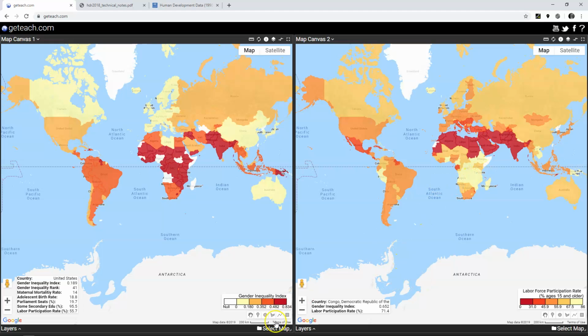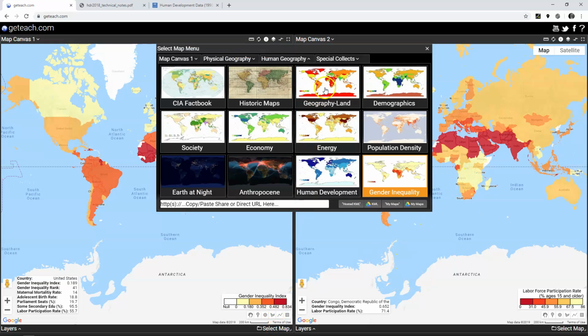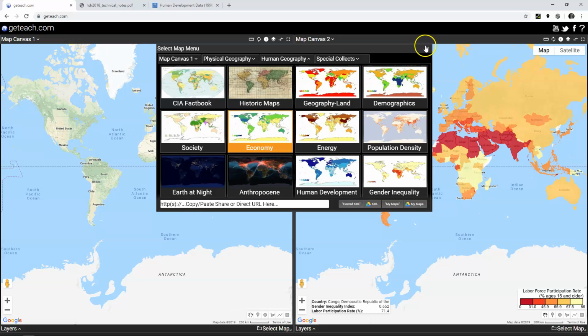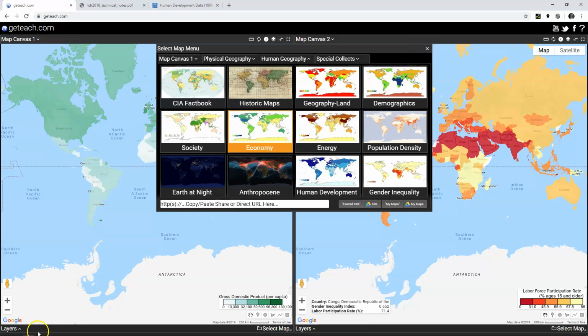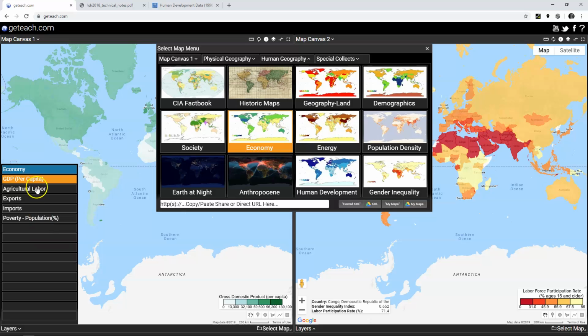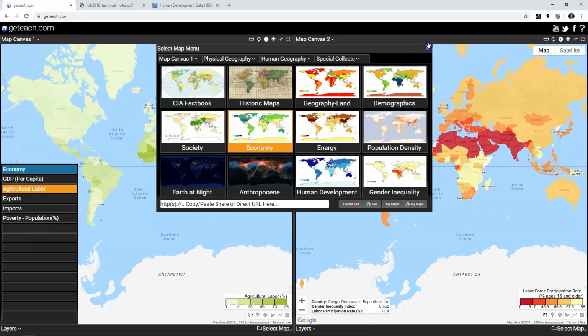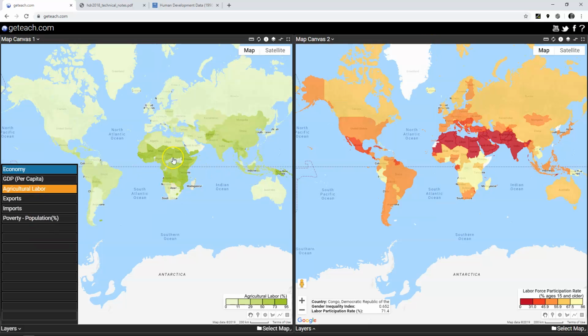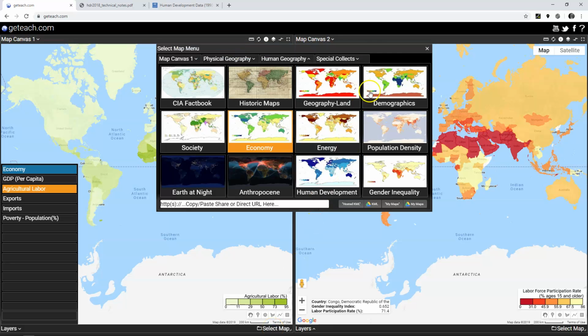If you flipped on a different map, let's say economy, and then switch the layer to agricultural labor, you can probably find a correlation here. I wouldn't be surprised if you found a correlation there. That was the first time I looked at it. So alright, that's kind of